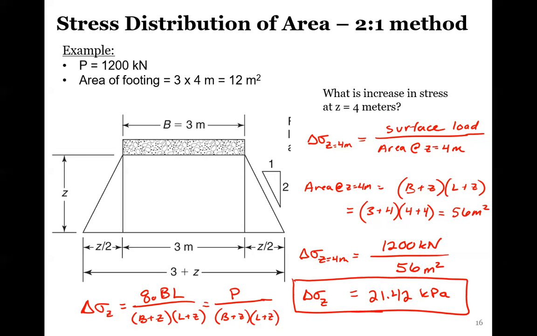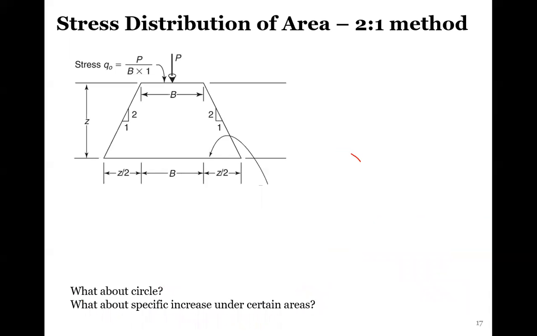Again, I will give you this equation on the test and everything, but you should at least be able to recognize what it's telling you, especially on the PE and the FE. This is something you should be able to recall quickly and just do as an easy math equation, because this is also only for a rectangular load, right? This is only for squares and rectangles, but this whole type of analysis, where delta sigma equals P divided by (B plus Z) times (L plus Z),